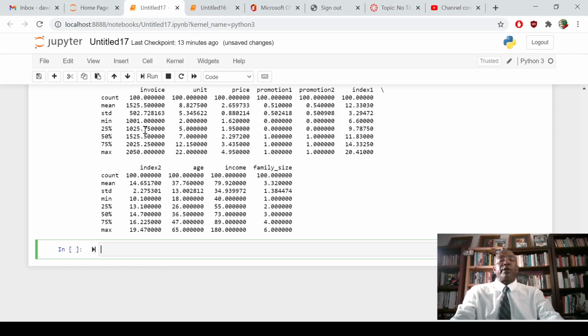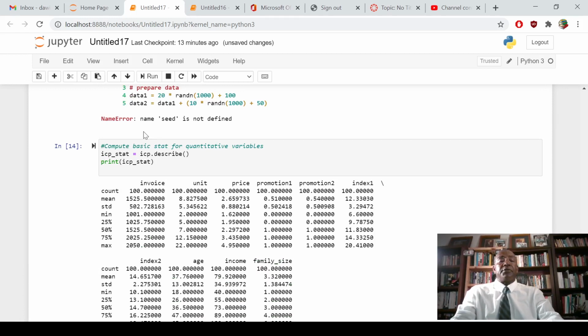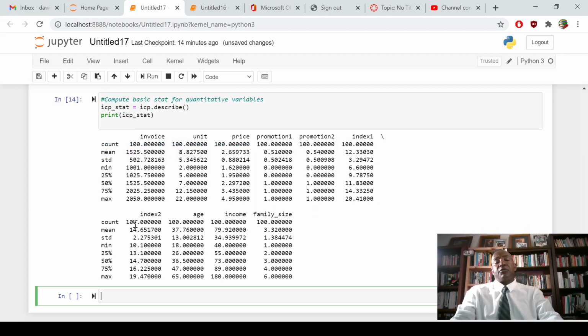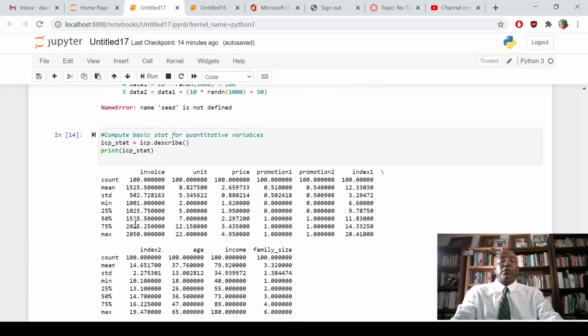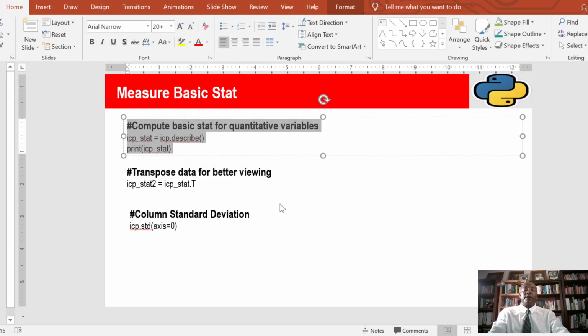So in this particular case, when we run this code, ICP.describe, it will give us this. But in case we are also interested in flip-flopping this and putting the variables on the rows instead of on the columns, we can take the transpose function and implement it there,